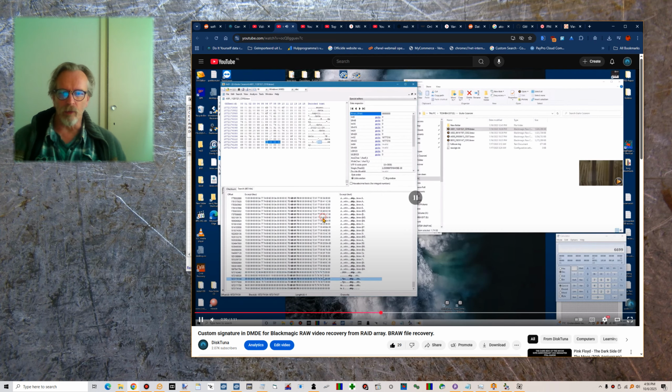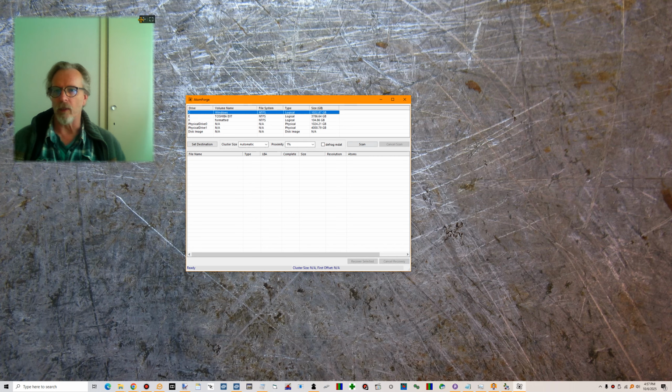And so to detect the end, I ended up using DMDE and some custom signature rule for detecting the end of the file. But basically, this only worked for a portion of the files. Other files that were recovered still had to be manually truncated using a hex editor. And I thought it was a bit of a clumsy, stupid problem,